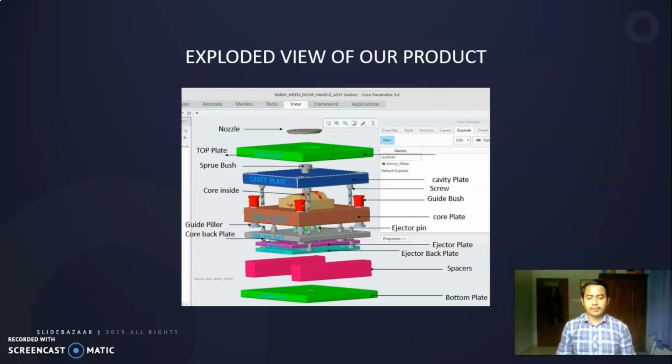The first is nozzle, second is the top plate, third is sprue bush, fourth is cavity plate, next is screw, after that is core inside, guide bush, core plate, guide pillar, ejector pin, core bed plate, ejector bed plate, spacer, and bottom plate.